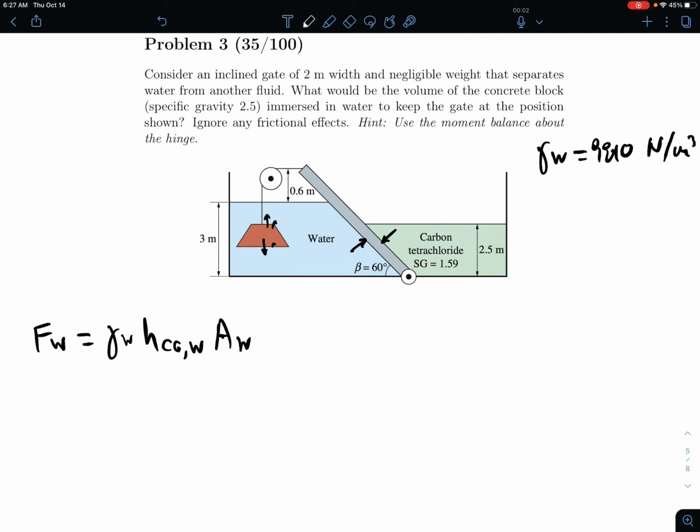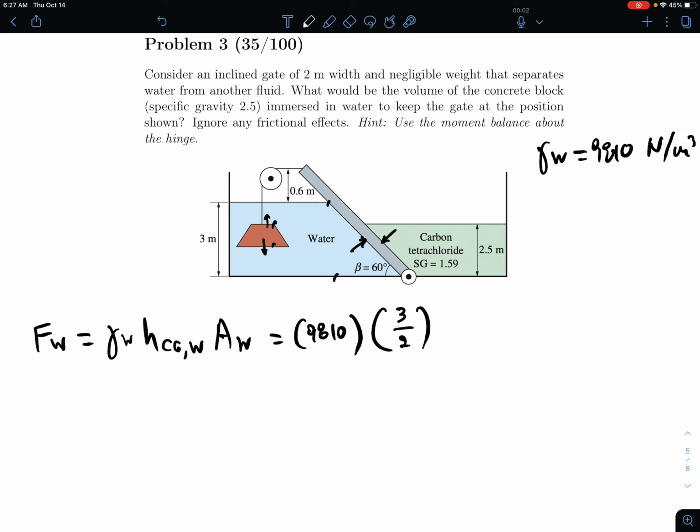And the distance to the center of gravity is just at the half point of this distance, right? So I'm going to not include units here just for brevity's sake, but we've got 9810